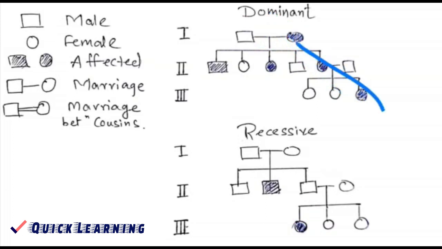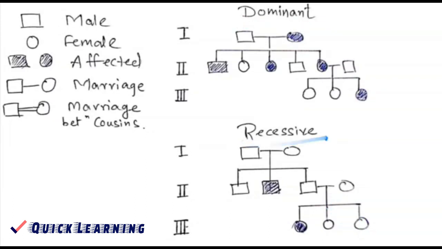I repeat, no skip of generation will be giving you dominant disorders. But in case of the recessive disorder, generation skipping takes place. This is the case basically. If you are dealing with pedigree analysis, please deal accordingly, the dominant and the recessive.